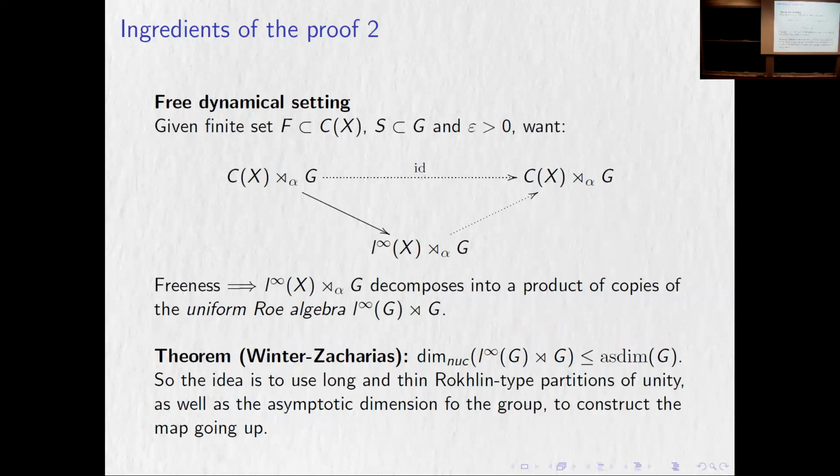Okay, so here's the free case. Okay, that's not our case yet. We'll talk about the non-free case, but in the free case, what we want to do is have a group acting on everything, right? We have a group acting on C of X. It also acts on L infinity, right? You could have the same type of picture. Now, only things become more complicated because instead of looking at the point, you have to make things equivariant. You have to look at an orbit or at least a partial orbit, right? That's some long enough part of the orbit, right?